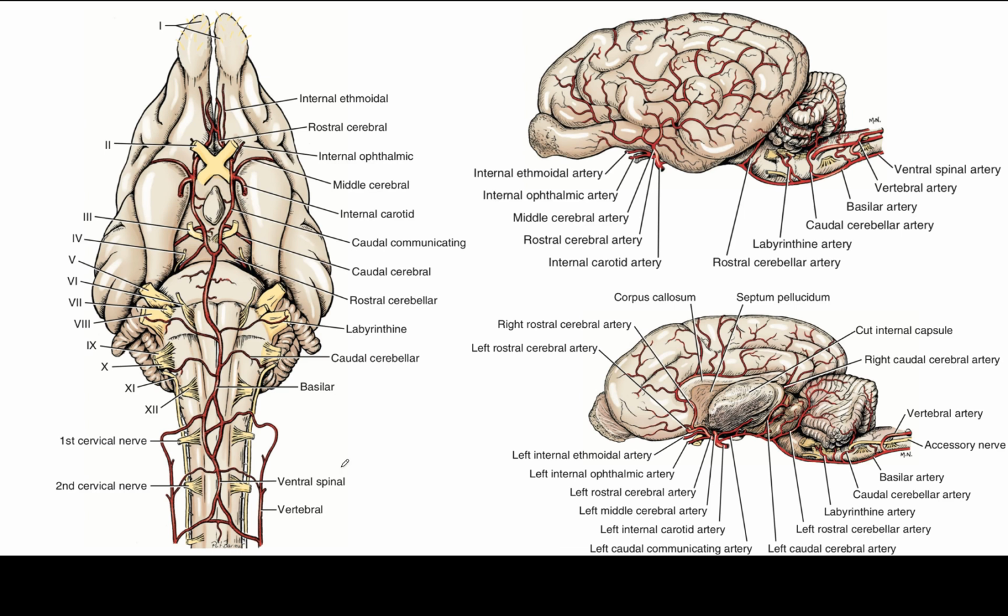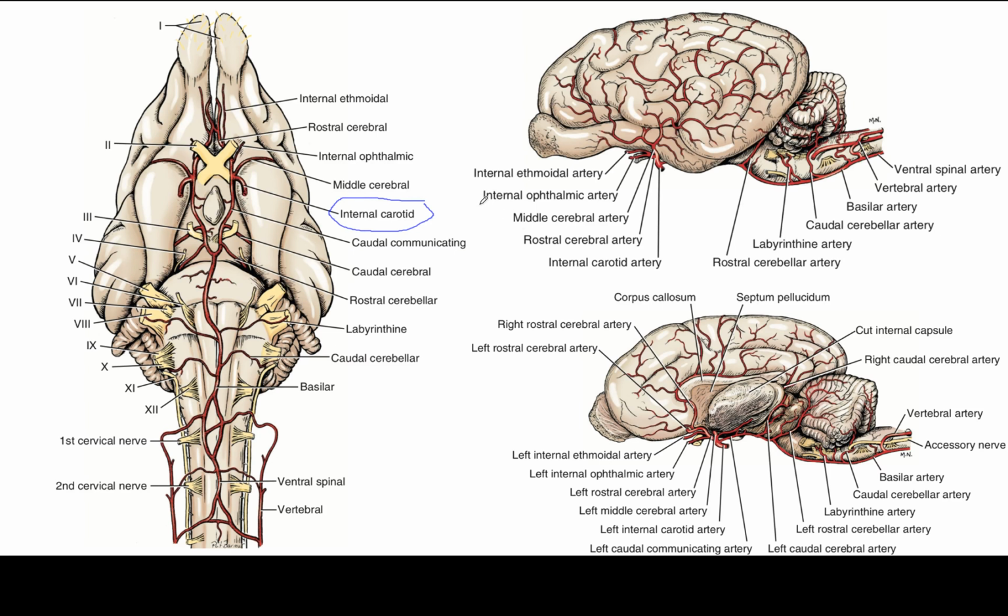two branches that unite with the caudal communicating arteries from the internal carotid arteries to form the caudal portion of the arterial circle of the brain. The internal carotid arteries are the other main source of blood to the arterial circle of the brain. After traversing the carotid canal in the tympanic part of the temporal bone and forming a loop at the foramen lacerum, each internal carotid artery enters the middle cranial fossa ventral to the rostral end of the petrous part of